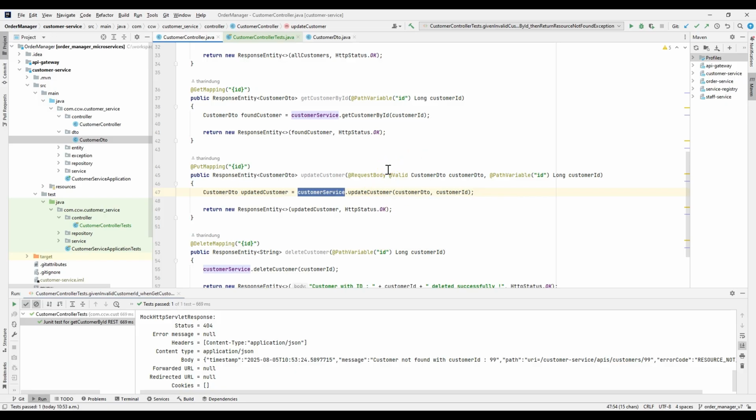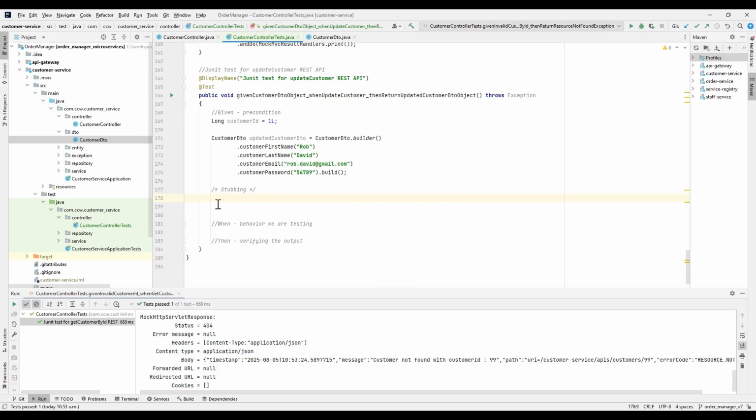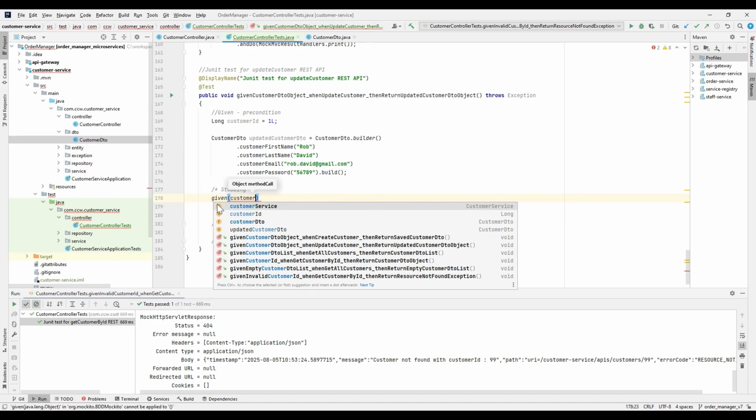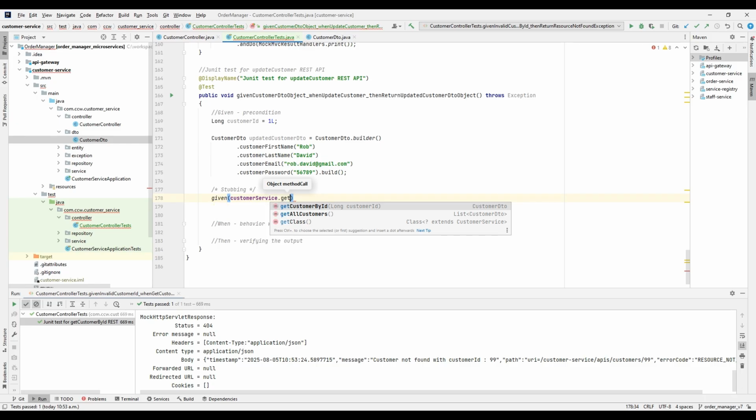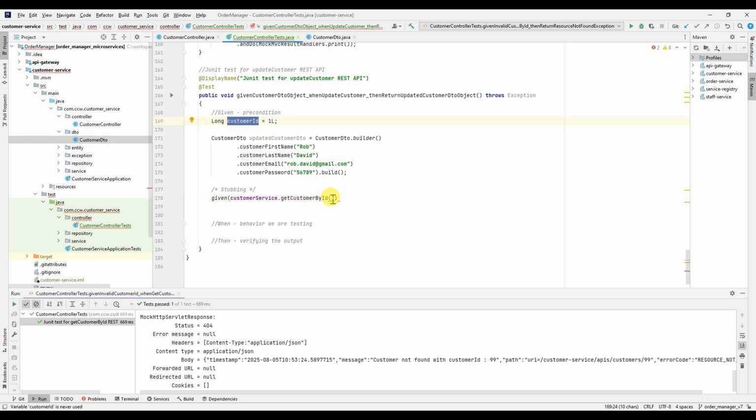So to specify that, we can write given customer service get customer by ID, and we can pass this customer ID here,